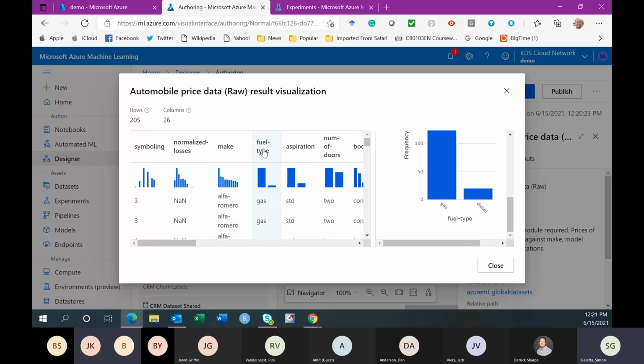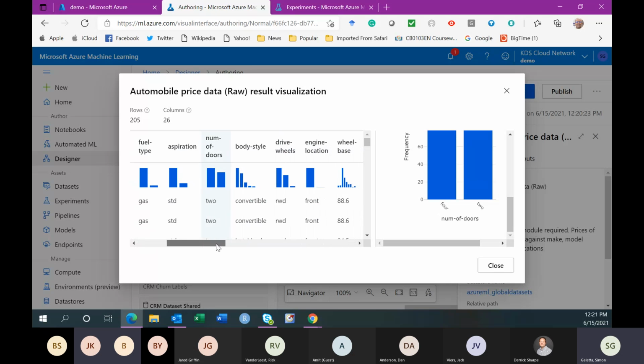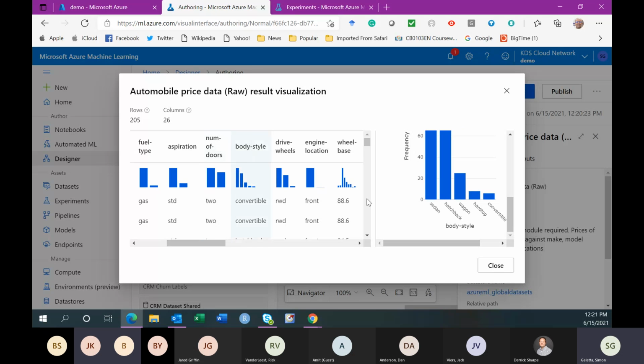Fuel type, those are the features that I'll be using to predict price. Make, fuel type, aspiration, whether it's standard or turbo, number of doors, 2 doors, 4 doors, body style, sedan, hatchback, wagon, so on and so forth, and drive wheels, forward, rear, or four wheel.